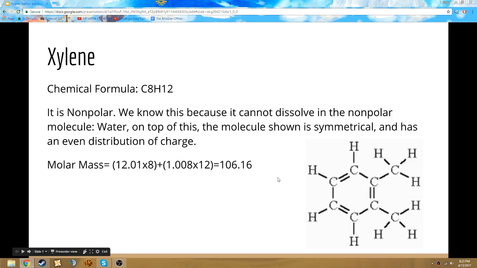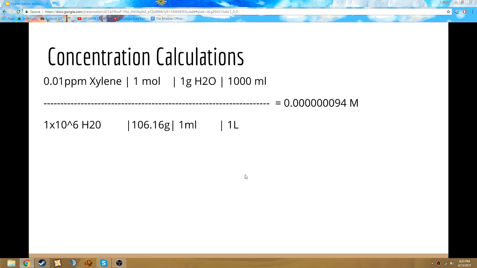The molar mass of our molecule is 106.16. We can tell this because of the math listed right here. Moving on, we have a concentration calculation right here to figure out our molarity. To start, we have 0.01 ppm of xylene, parts per million. We would convert that using the H2O, and so on and so forth, to get our molarity, because molarity ends up being